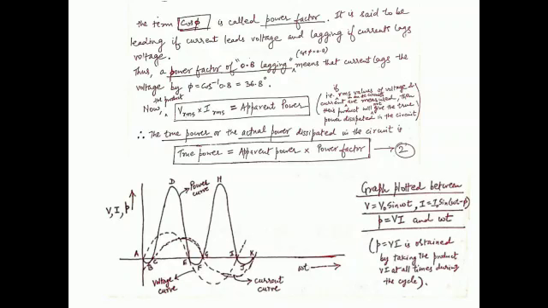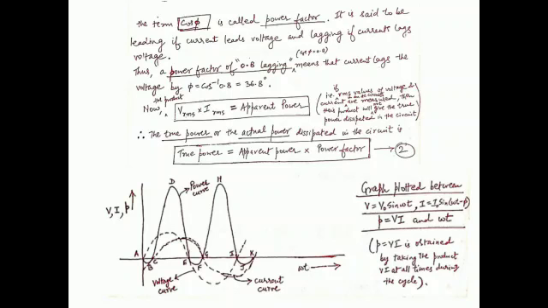Now if we analyze this graph, we will see that for the parts of the cycle CE and GI, the voltage and current are in the same direction and the source of supply does work on the circuit. So therefore work or power is positive. For the parts AC and EG of the cycle, the voltage and current are in opposite directions, and therefore the work is negative. That is, the circuit does work on the source supply.